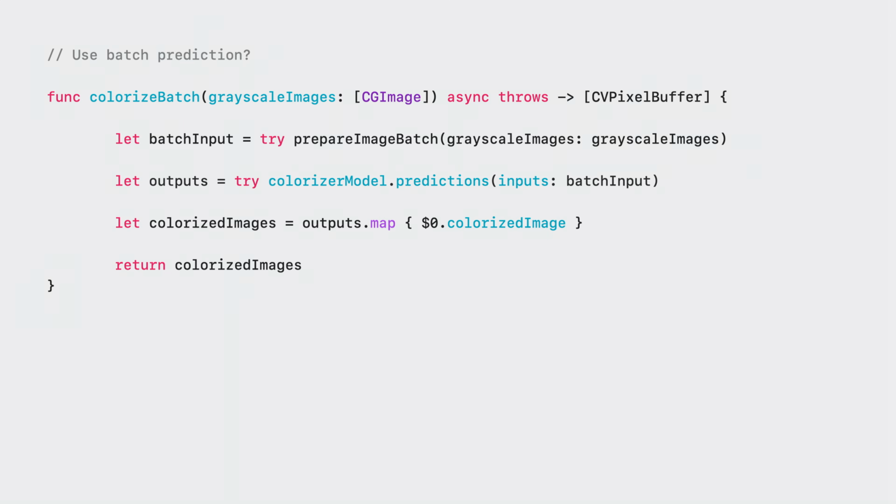To take advantage of concurrency for the CoreML predictions themselves, an option I can consider is the Batch Prediction API. It takes in a batch of inputs and runs them through the model. Under the hood, CoreML will take advantage of concurrency when possible. Making a batch version of the colorize method is pretty straightforward. However, the challenging part is figuring out how I'll collect the inputs into a batch and pass them to this method. There are actually multiple aspects of this use case that make it difficult to use the Batch Prediction API.